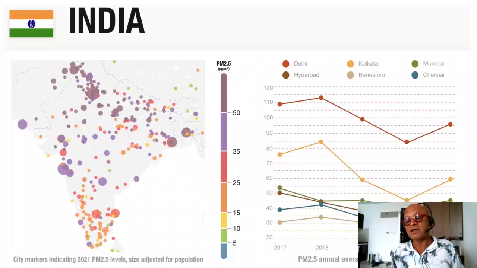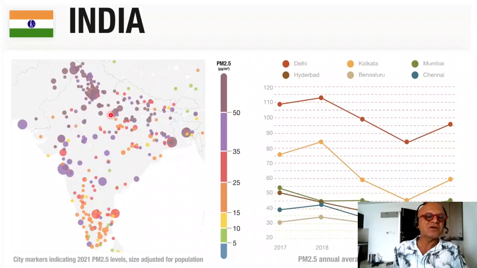If you look at the changes over the last few years in terms of PM2.5 annual average micrograms per meter cube over the last 5 years, scale going from 20, which is already way above the WHO standard of 5 micrograms per meter cube for suggested standards, and India typically considers, I think, 20 micrograms per meter cube to be acceptable. Alright, you have to check the numbers, but that's not good. Okay, so here is Delhi, Kolkata, Mumbai, Chennai, Bengaluru, and Hyderabad. Delhi is above everybody else, much higher.